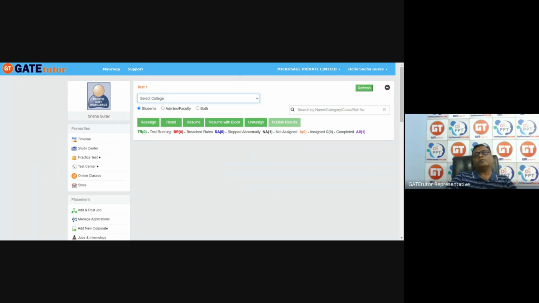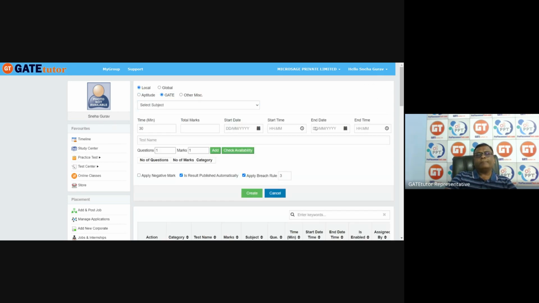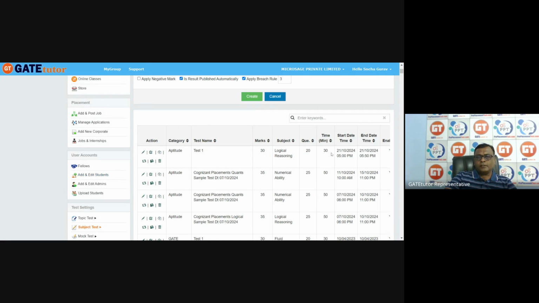Here the list of the students and the list of the colleges comes. Just select the college and check the list of students who attempted from other colleges also. You can conduct a quiz competition, aptitude idol competition, like these competitions once or twice a year on GATEtutor, so that it becomes more familiar to the students and encourages them toward aptitude and all. Okay. This is all about the aptitude test,